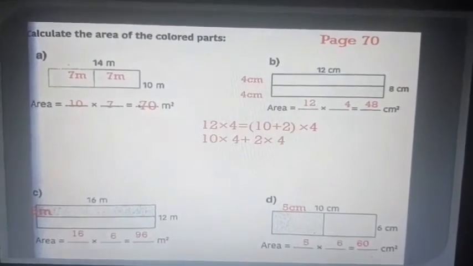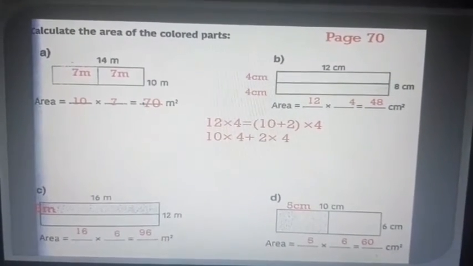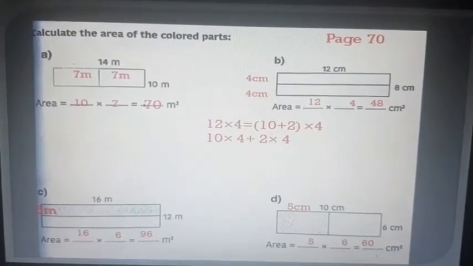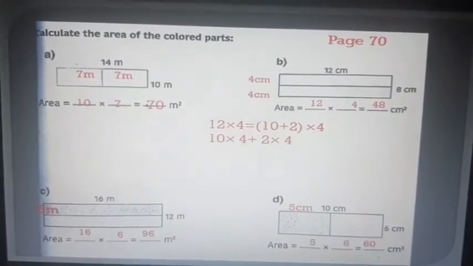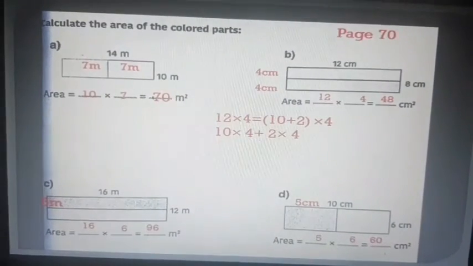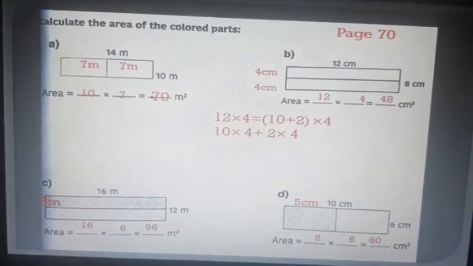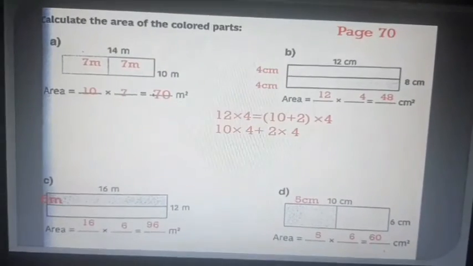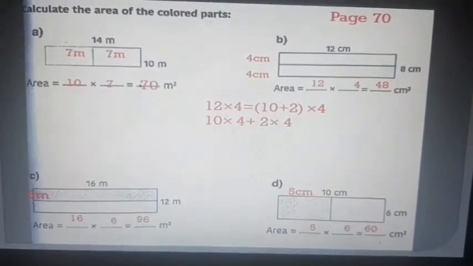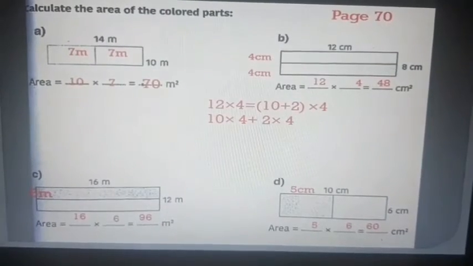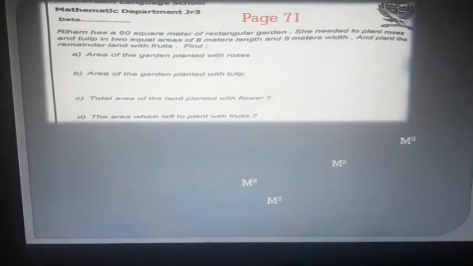Okay, junior 3, take your screenshot and answer it please in page 70. Now you understand how to get the half of the area of a rectangle in 3 ways. The first, when you get the whole area and divide the whole area. Okay, junior 3,